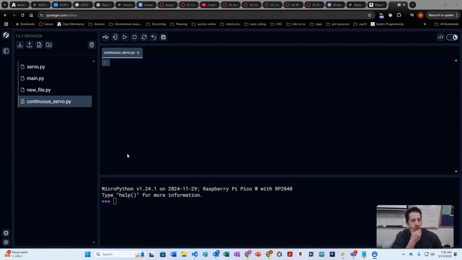Okay, so today we're going to work with continuous servos. The word servo can mean a lot of things. In the context that we're using, usually they refer to really small motors with encoders that have that 0 to 180 degree range of motion. And then there's variations of those same motors, like this little guy right here, I don't know if you can see on the camera, that have speed control